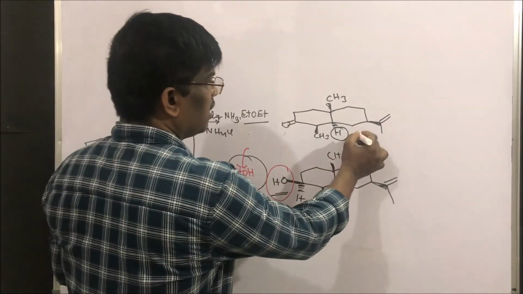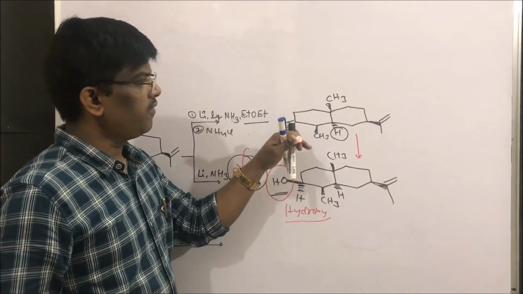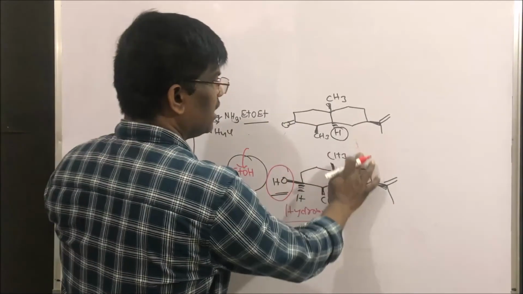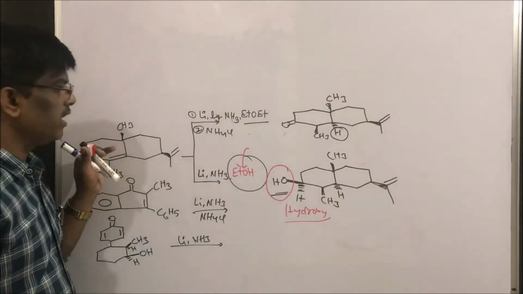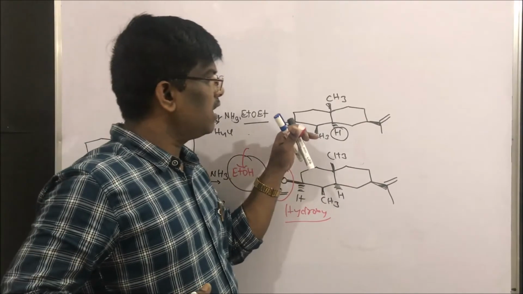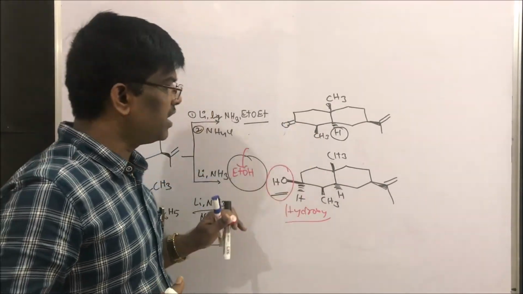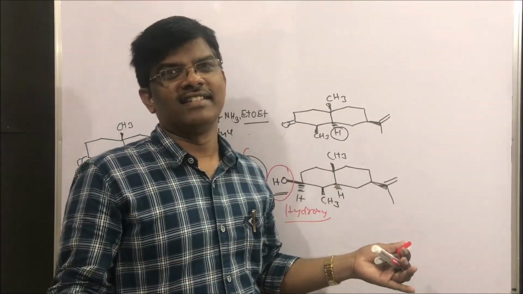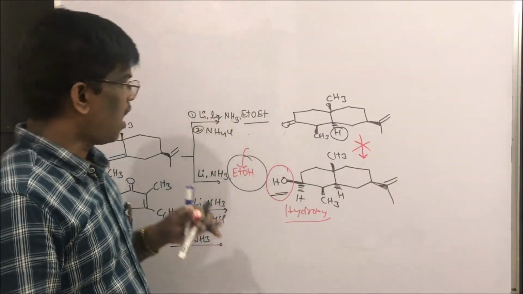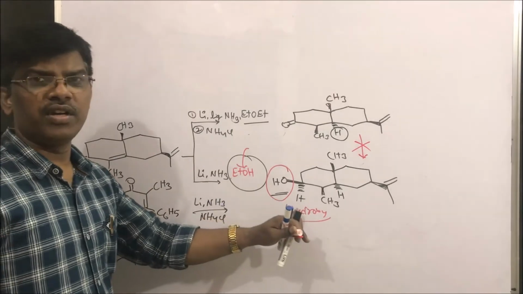You may ask, even if I take this ketone, does it undergo this? But in situ, while the reduction is going on, this is going to form this hydroxy compound. As usual, if you take a ketone and do the Birch reduction, they are not going to give alcohols. So from here to here, not possible. However, during the reaction, it is going to happen.